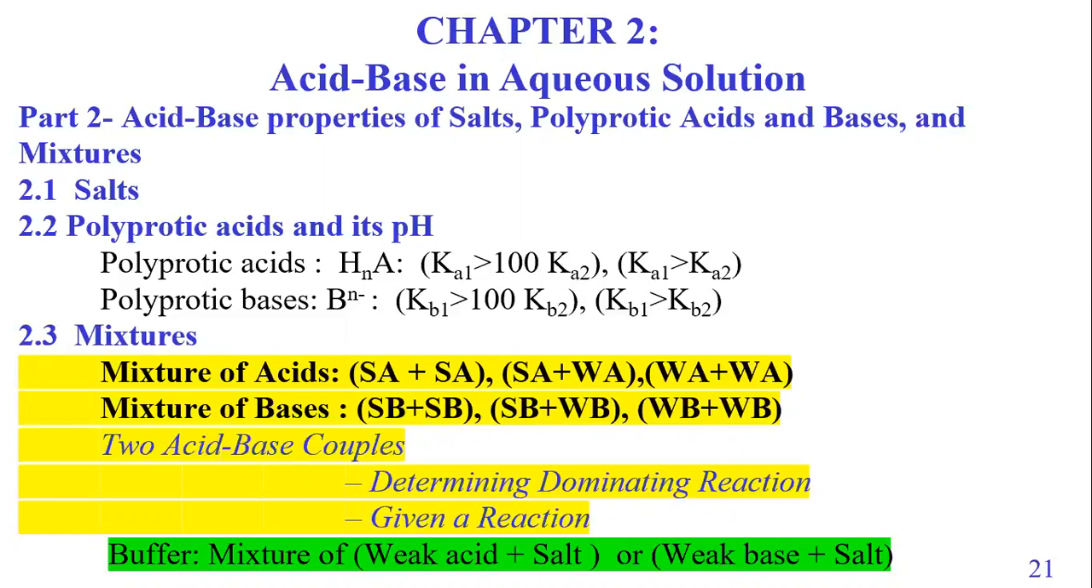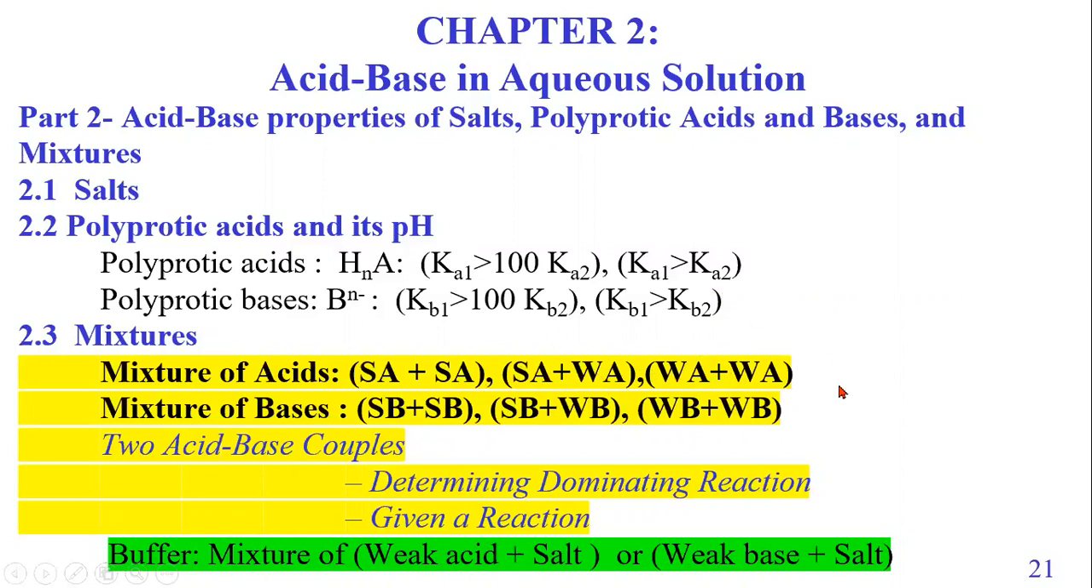calculating mixtures. We now know how to directly calculate separately a strong acid, a weak acid, a polyprotic acid, or a polyprotic base. Now we're going to look at a mixture: two strong acids together, a strong acid and a weak acid, and a weak acid with a weak acid. In a way, some of this type of calculation is similar to the polyprotics, though with a little bit